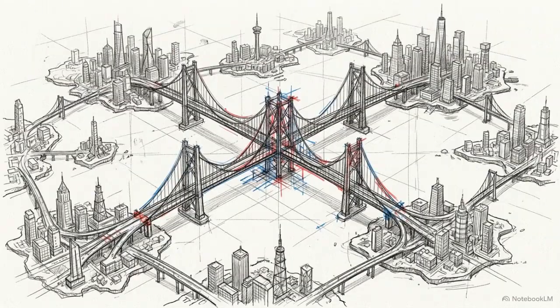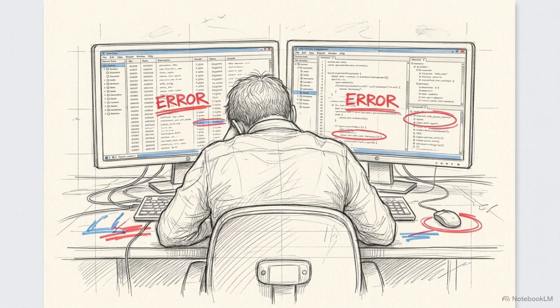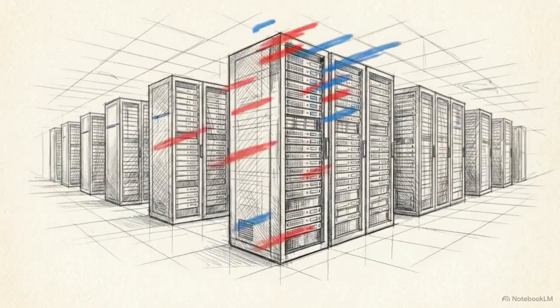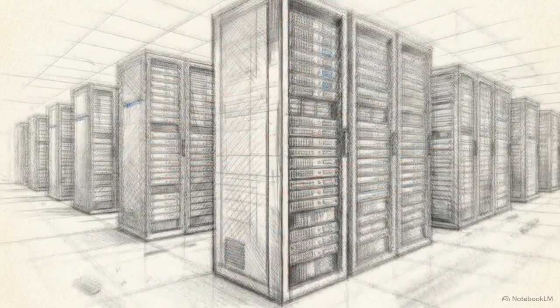This is metadata interoperability, the critical ability to exchange and interpret data across disparate systems. Achieving this requires solving a major friction point. To exchange a file successfully, systems must minimize syntactic, structural, and semantic inconsistencies, so the receiving node can actually ingest and map the data packet. Without automated interoperability, sharing information requires immense manual conversion efforts by programmers. Even then, transferring data between incompatible formats carries a high risk of permanent data loss. Building these interoperability frameworks is the central systems engineering challenge, preventing the internet from dissolving into millions of completely dark, inaccessible archives.